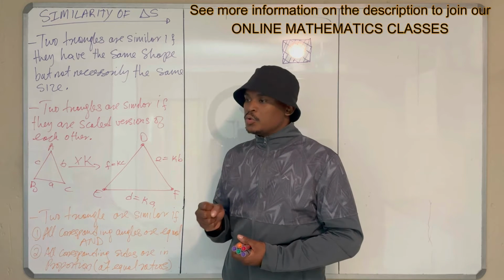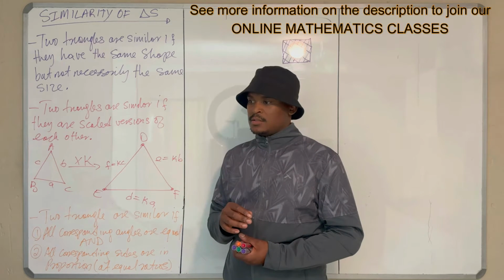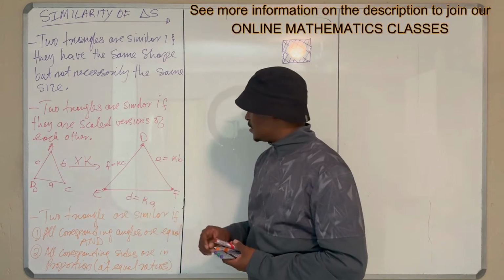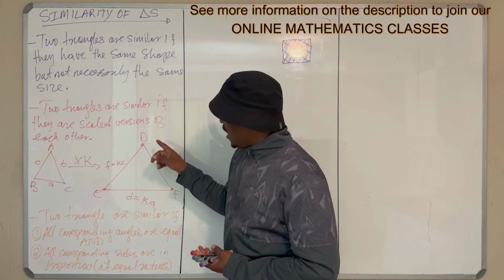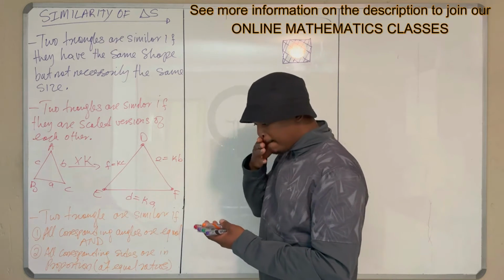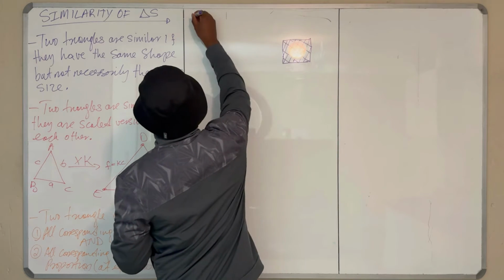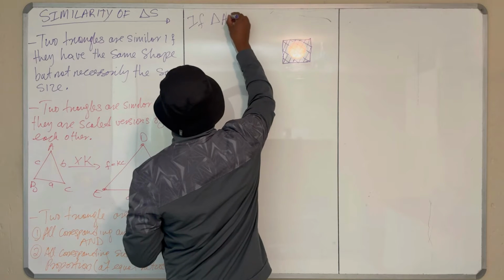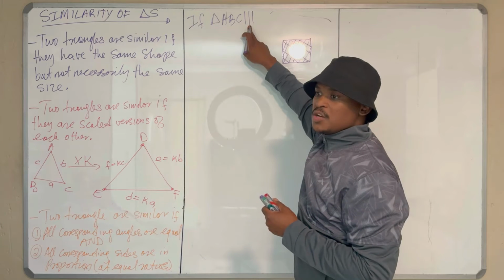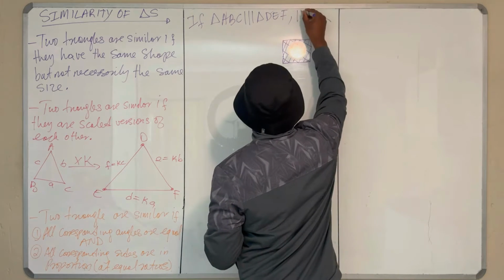What does it mean for corresponding sides to be in proportion? They are of the same ratios. So, I'm going to make an example. Let's look at triangle ABC and triangle DEF, these two triangles over here that we have. So look, according to this definition that I've used here, if triangle ABC is similar, these three vertical lines, yes, we use them to denote similar, is similar to triangle DEF, then